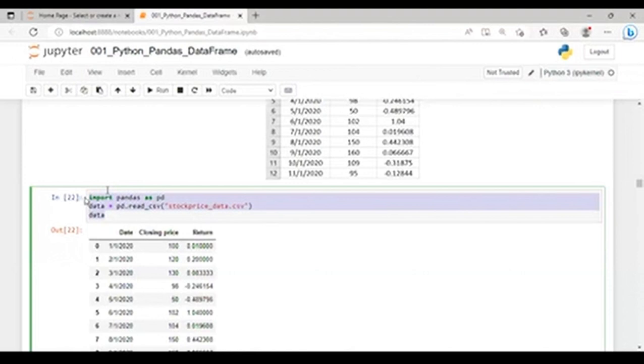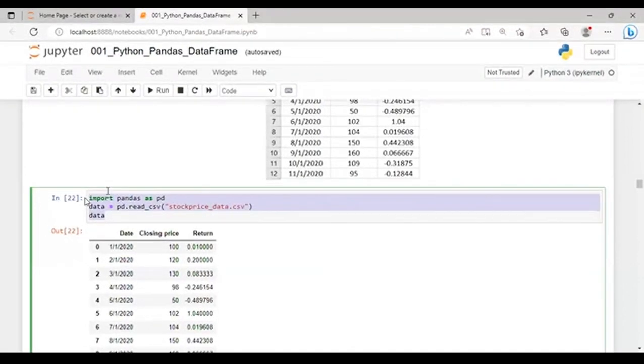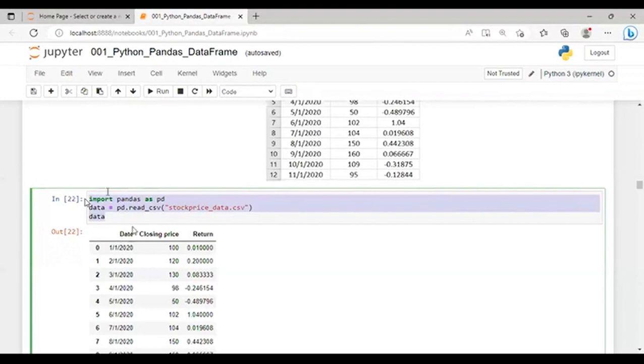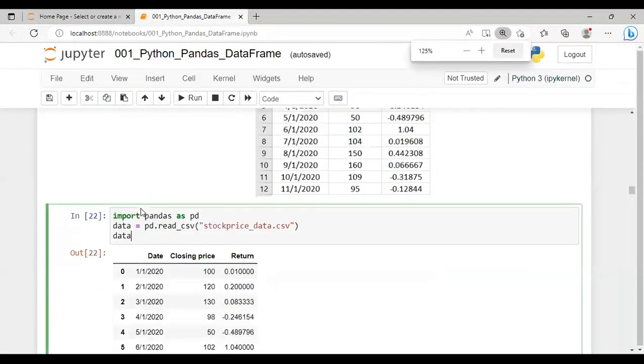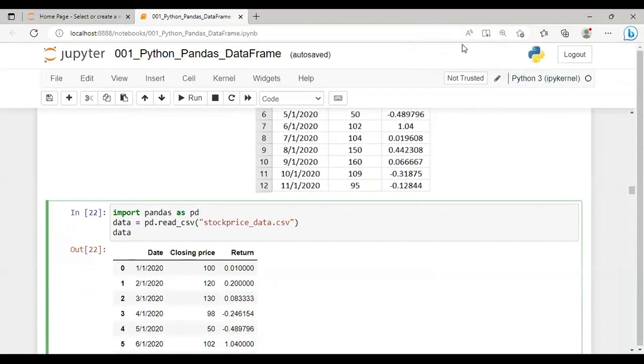The values in these files are separated by commas. So this read underscore CSV will identify each column present in that particular file by using the comma. Okay. So if you see, import pandas as pd, and then we are